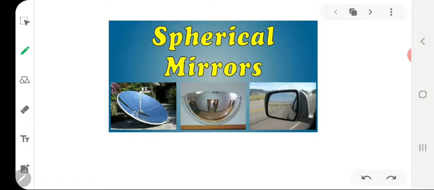Now we shall focus today on another type of mirrors that are known as the spherical mirrors. So this shall be more of an introductory kind of lesson where we shall understand what spherical mirrors are, how they differ from each other when it comes to formation of images, and we shall be discussing some important terms related to these spherical mirrors. So let's begin today's discussion with a very simple activity that you can conduct very easily in your house.